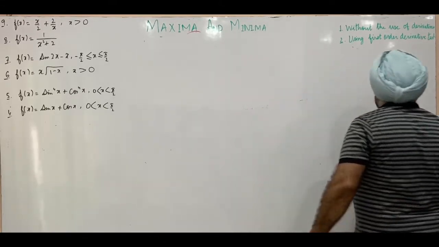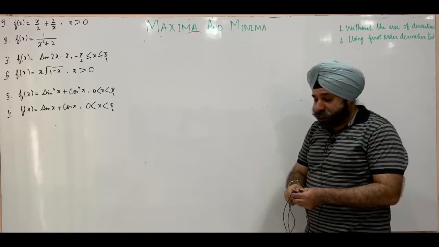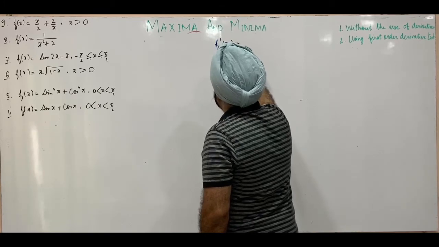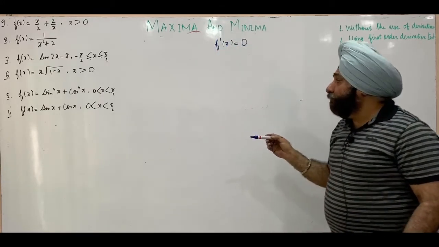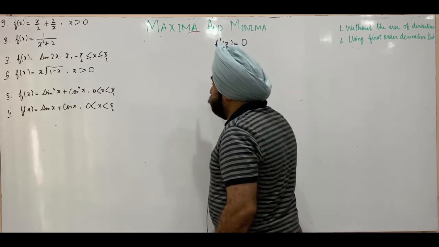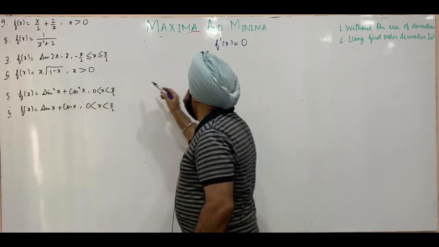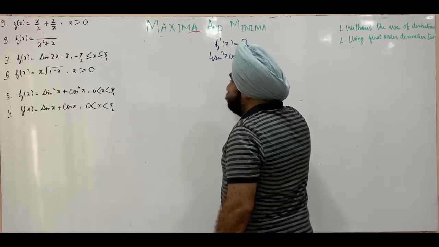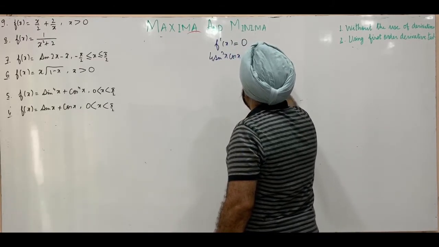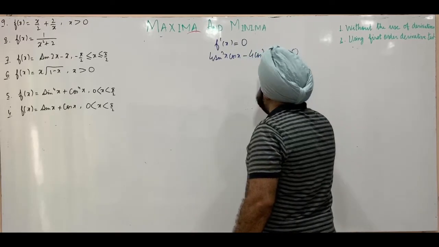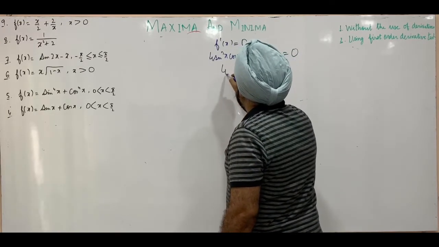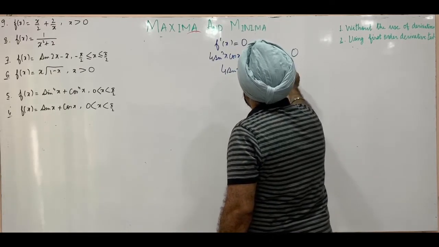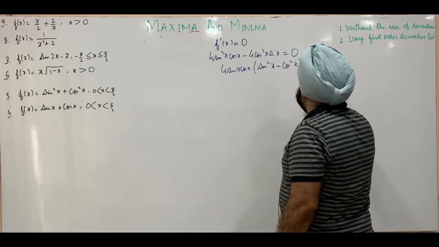So again we have to use the first order derivative test here. The first step, we find out f dash of x and equate this to 0. This is to find out the critical point or the points. Derivative of sin raised by 4x, this is 4 sin cube of x into cos x minus 4 cos cube of x into sin of x, and this is equal to 0. We take 4 sin of x cos of x common. Inside sin square x minus cos square of x, this is 0.